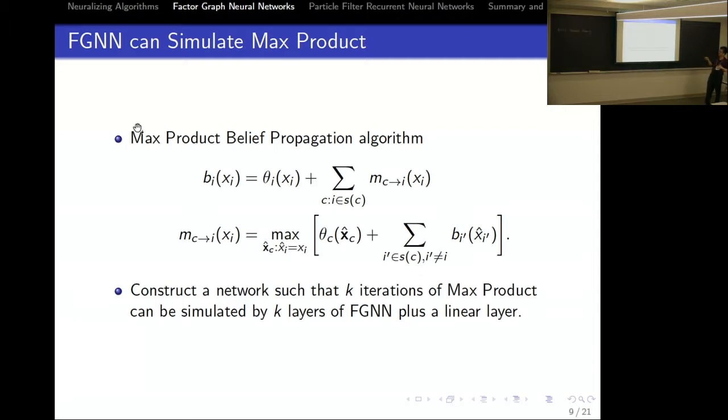So this is one round of message passing for graphical models. Hopefully a lot of you are familiar with graphical models. It's one iteration in this algorithm, and we can construct it as one layer in the network. If I want to do k iterations of this, I just construct k layers of this network. And I can simulate, for example, the max product algorithm, and hopefully potentially more, because I parameterize it with a richer class of parameters. So I can hopefully learn a richer class of algorithms. That's the idea.